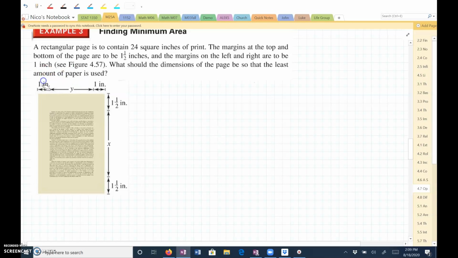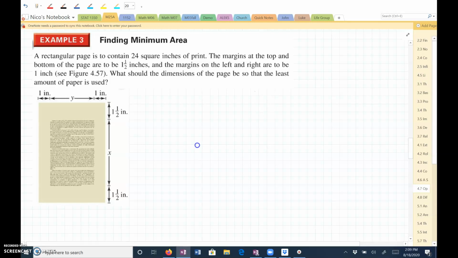Alright, example 3, another optimization problem. Let's jump into it. It says a rectangular page is to contain 24 square inches of print. So here is 24 square inches of print. So we'll say area of page would be x times y